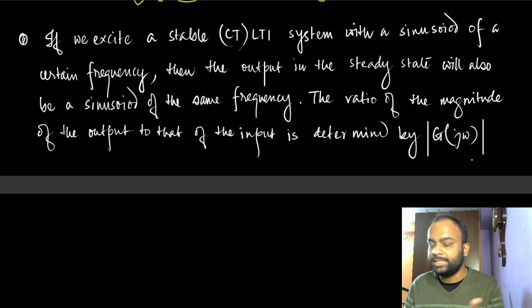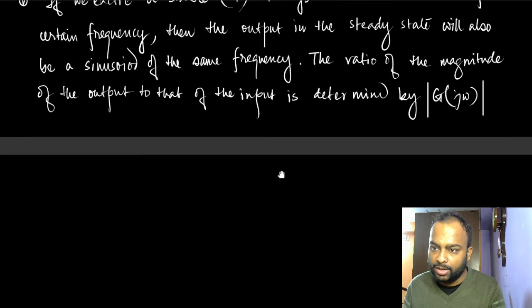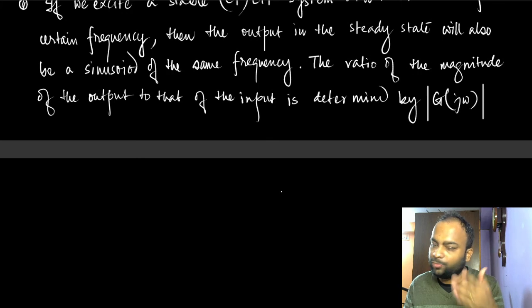Again, we define G(jω) as the Fourier transform of the impulse response of the system, right? So G(jω) is the Fourier transform of the impulse response of the system. Okay, so the ratio of the magnitude of the output to that of the input is determined by |G(jω)|,